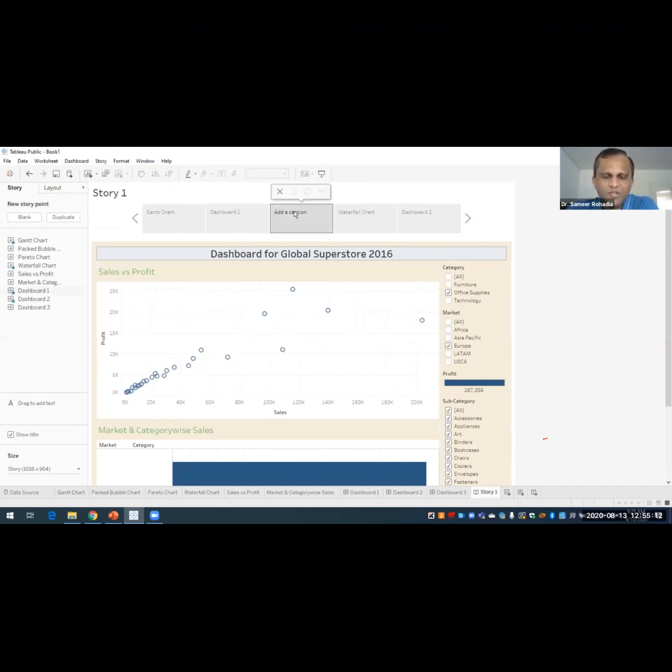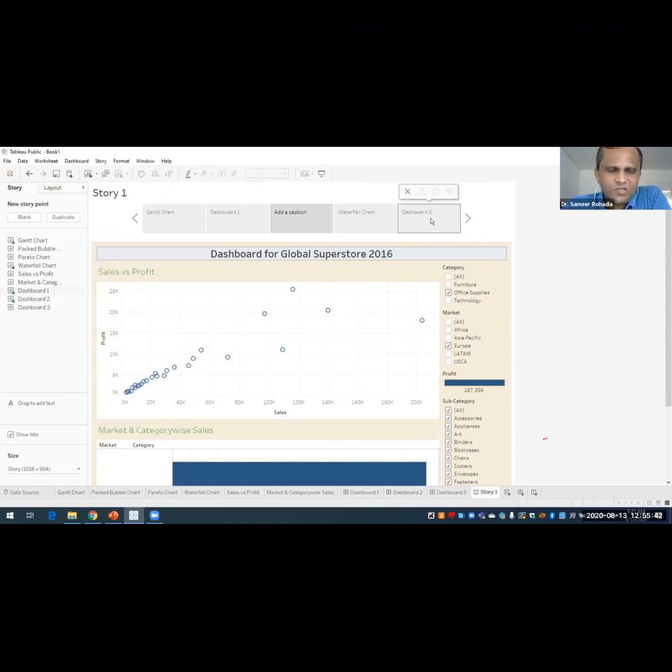But now in this second sheet, where still I have to give the name, it is showing me the new filter option, that is category. Here I have selected office supplies, and in market I have selected Europe. So this is how you can also create multiple charts by clicking this save as new option. This is how you can create these kind of things.